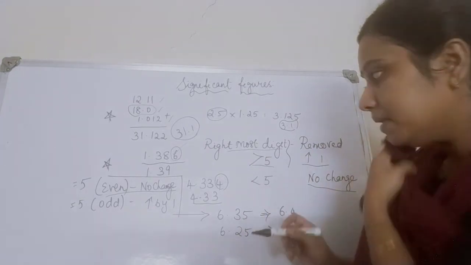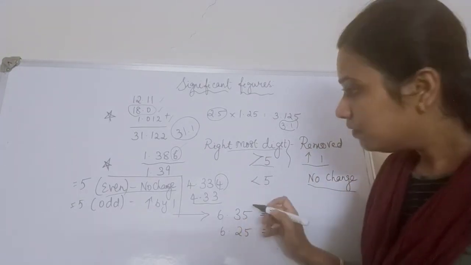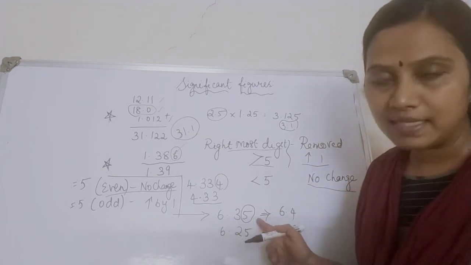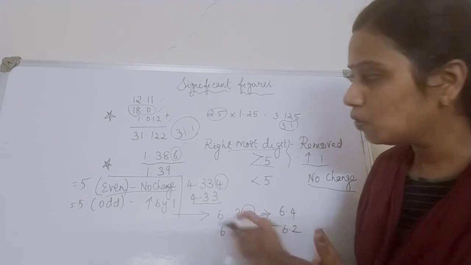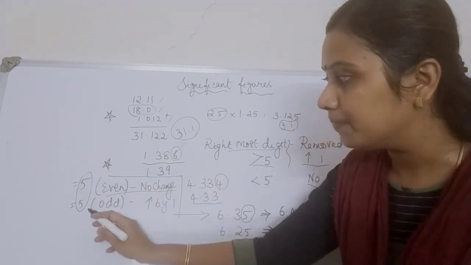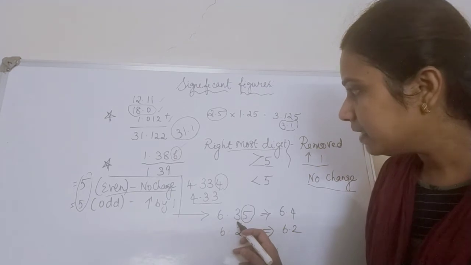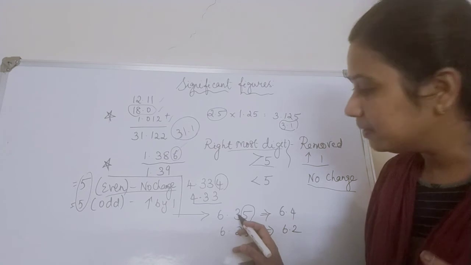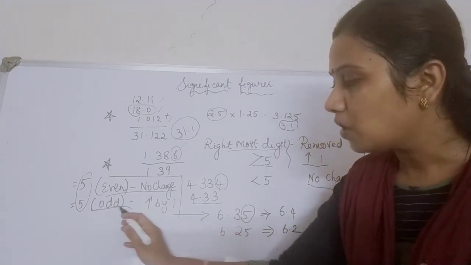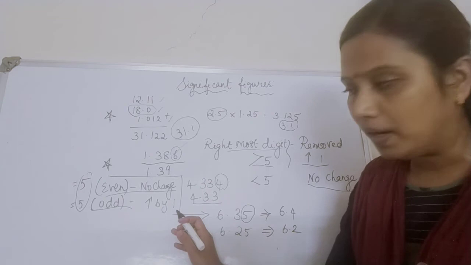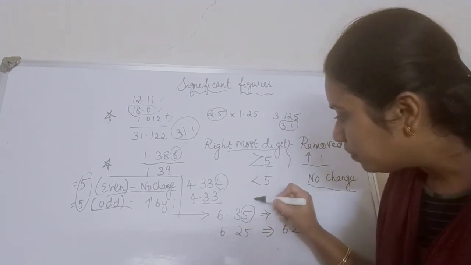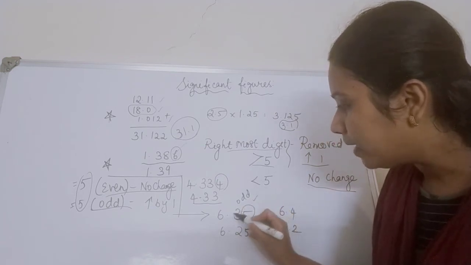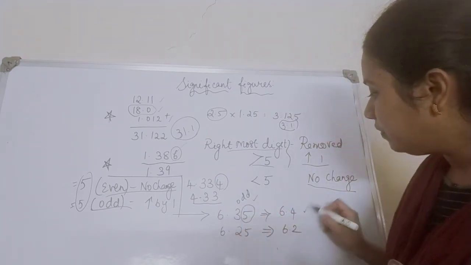Shall I tell you an example? See, 6.35 is the number, which is the rightmost digit? Rightmost digit is 5. It is neither greater than 5 nor less than 5, right? It is 5. So what is the case? I am telling you the case if it is 5. And what is the preceding number, children? The preceding number is odd here, right? If it is odd, then you should increase the round off value by 1. So how have I rounded off? See, I have removed 5. The preceding number is an odd number. So I have increased its value by 1. So 6.3 became 6.4. Clear?